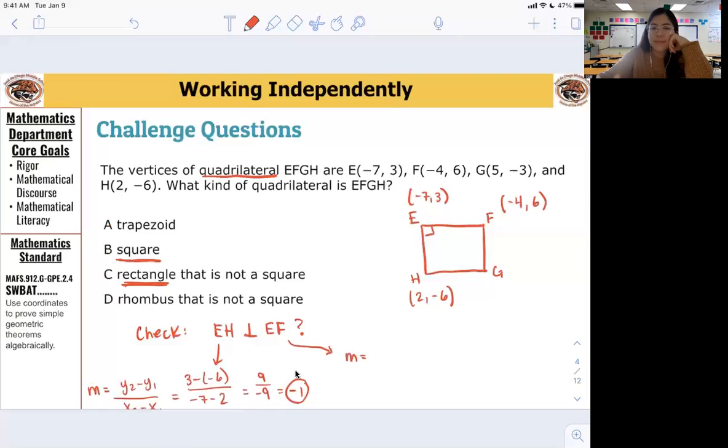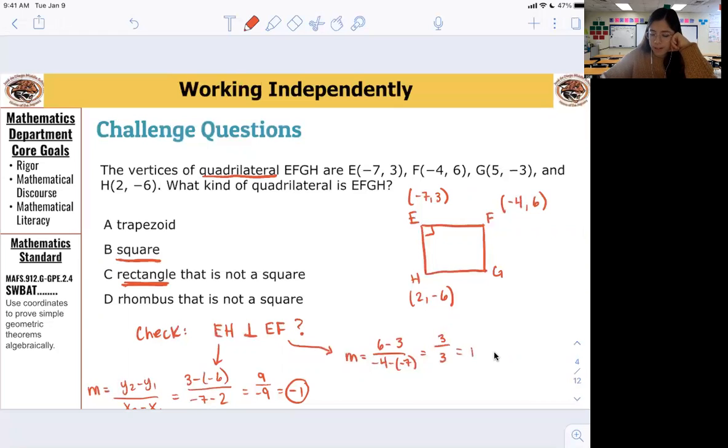No, we did E and H before. Oh, my bad. Okay, so for E and F, it would be 6 minus 3 over -4 minus parentheses -7. Good. All right, what's 6 minus 3? 3. And -4 plus 7? 3. So we get